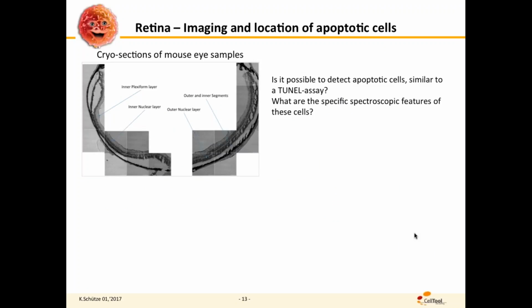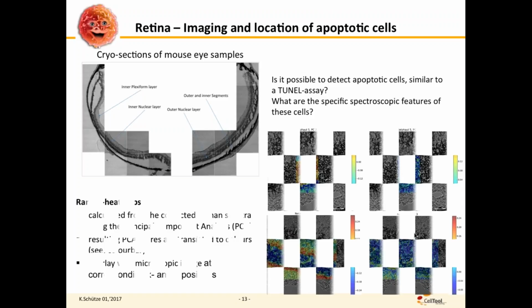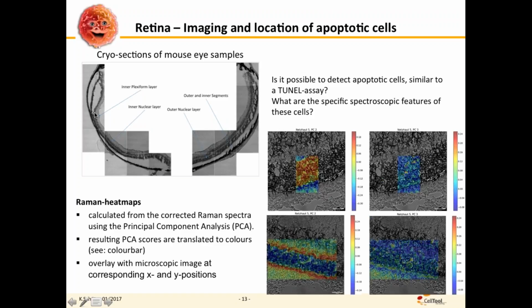And last but not least, it is also possible to look into the mouse eye. In this case, it's a retina image. We have taken an overview with our microscope to see where we are. And then we looked into the area with a 60x objective, and we made a scan over it, which means every 10 microns there was one image, to see whether we can overlay the Raman spectra dependent heat map. That means these colors that you see are only dependent on the Raman spectra peaks that we have